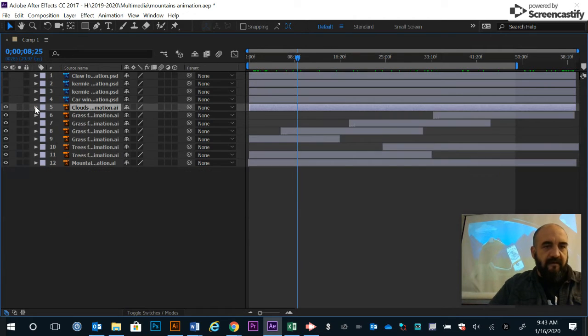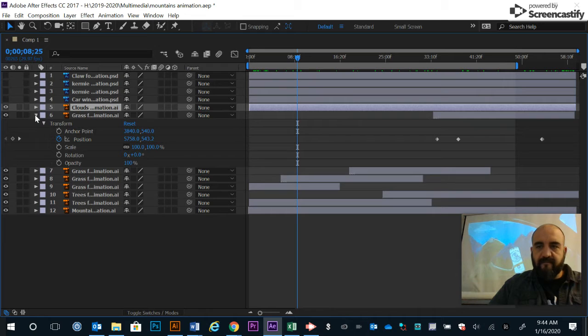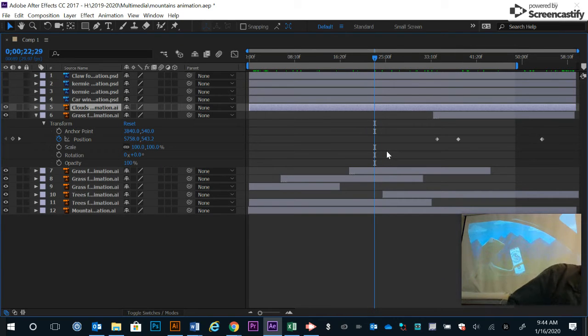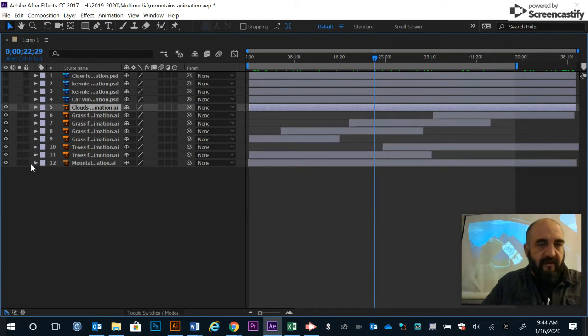And then notice the grass ones have similar keyframes. They're all just on position, setting the grass at this point in time, at this point in time, and at this point in time. But in order to make it go fast enough, I didn't have enough grass. My document wasn't wide enough, so I just kind of used it again and again. Okay, so to not keep this tutorial too long, I've got to turn off everything but the mountains, and